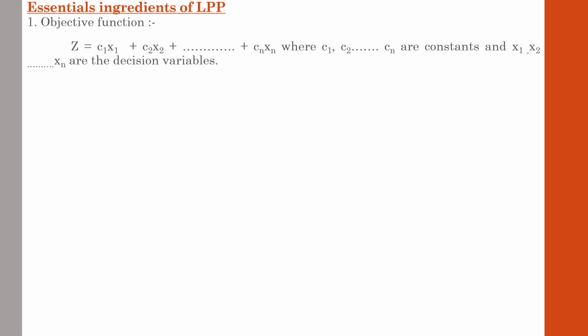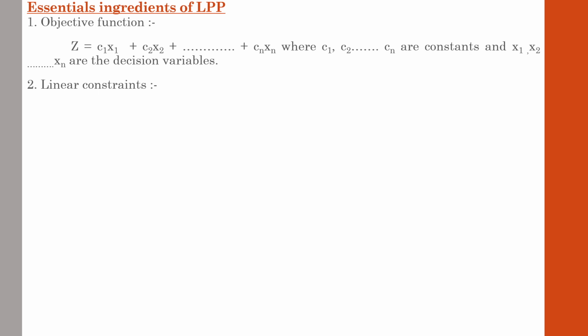So first one, objective function. In answering an application question, it will be like this. First, you need to identify what is the objective function. In that case, you have to write down the equation like this: Z is equal to C1 x1 plus C2 x2. x1 and x2 will be common in almost all cases. C1 and C2 vary depending upon the details given in the question because they are constants. Constant means numbers given in the question.